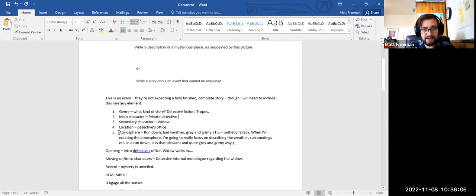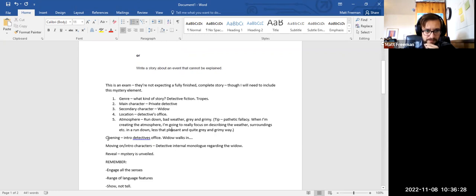And finally, I was thinking about atmosphere and how I want to create that atmosphere and the importance of pathetic fallacy. So the environment, the way I describe the weather, the way I describe the people, all of this is reinforcing this overall atmosphere I'm going for of somewhere that's quite grimy, quite run down, just a bit murky, maybe stuff that's hidden. Okay, and then I had my plan. So I went through 3 different bits here. And to be honest, I would say in the exam, that's all you're going to get done. Keep it simple. You don't want to introduce a ton of characters.